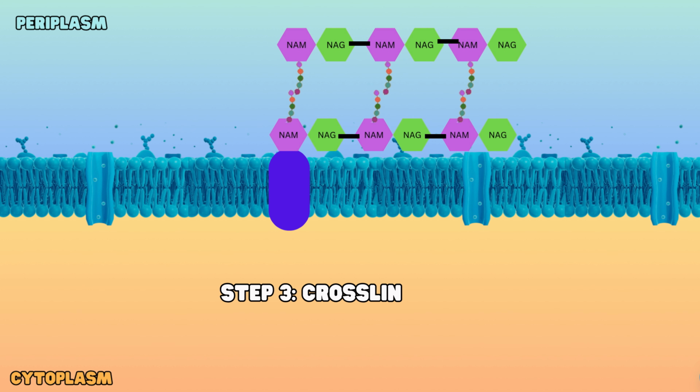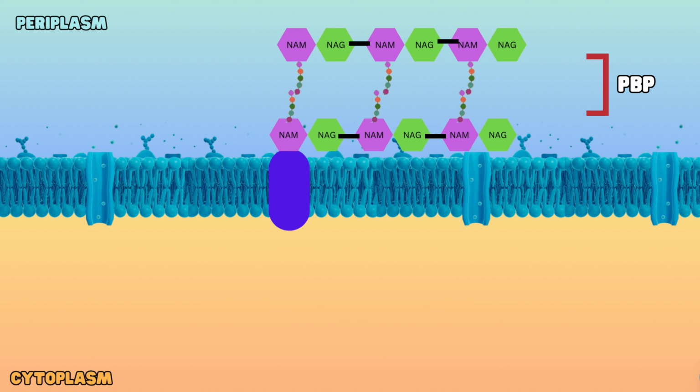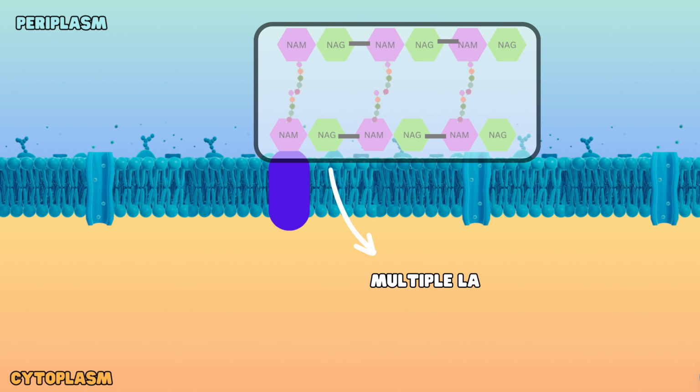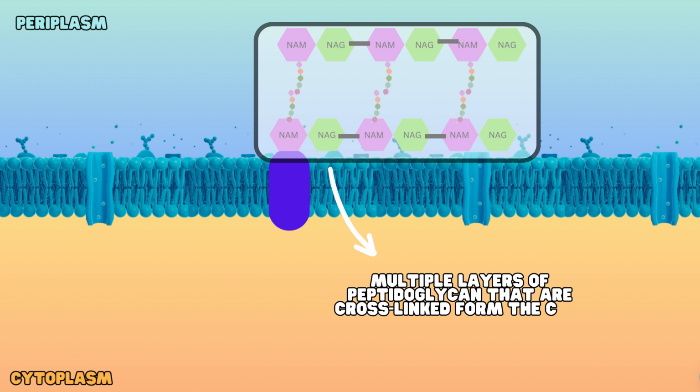The third step involves the cross-linking by penicillin-binding proteins. Finally, the peptide chains from the glycan chains are cross-linked by transpeptidase enzymes, also known as penicillin-binding proteins. This process involves a peptide bond exchange, resulting in the formation of a sturdy cell wall consisting of multiple layers of peptidoglycan. This essentially concludes the synthesis, but the synthesis is not always able to take place because there are